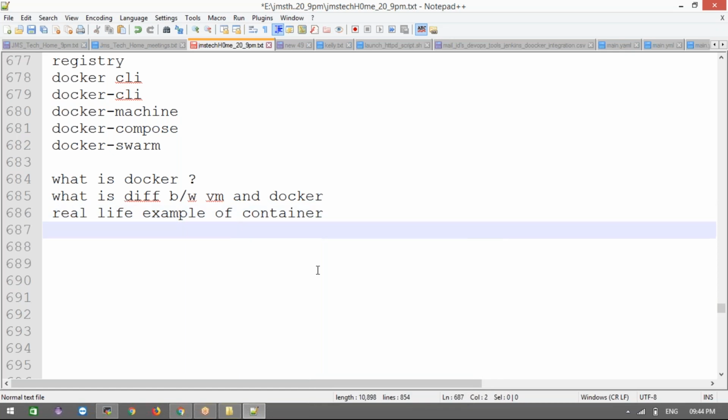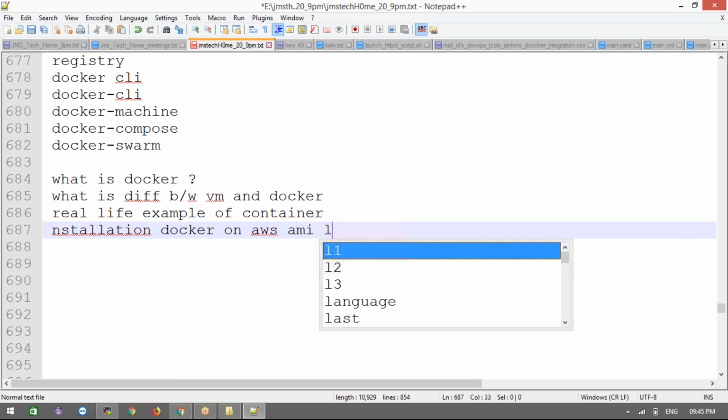And then next we discussed the installation of Docker on an AWS AMI Linux instance, right?